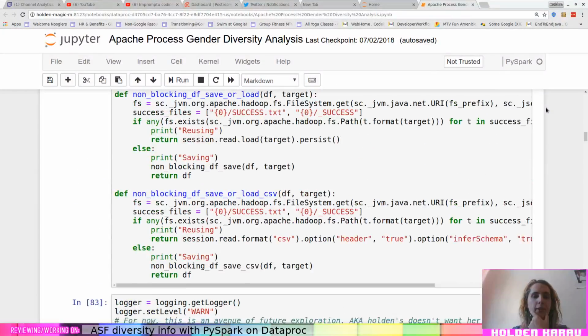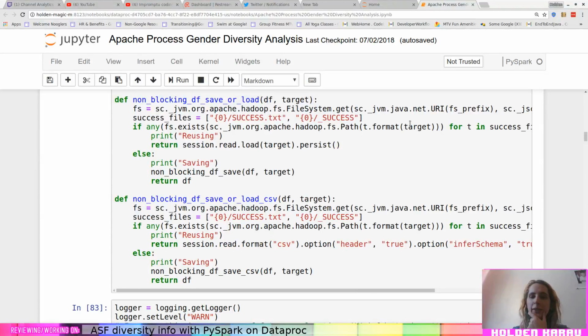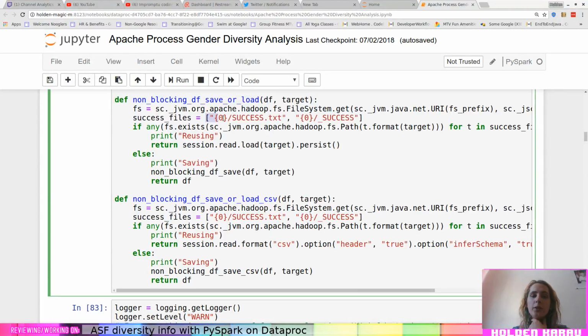So one of the things that I've changed this time from last time is the success files. For some reason I had this so that it checked for the directory. That's not exactly what we want. We actually really wanted to just check for the presence of success.txt or _success to indicate that this stage had been fully completed.